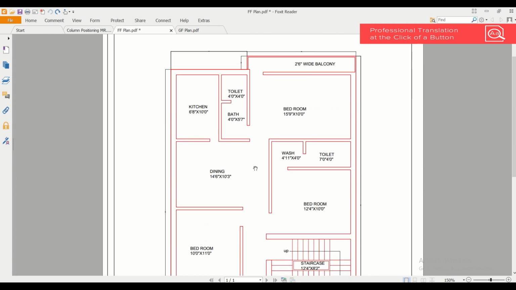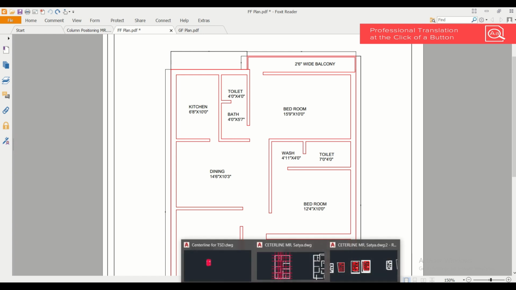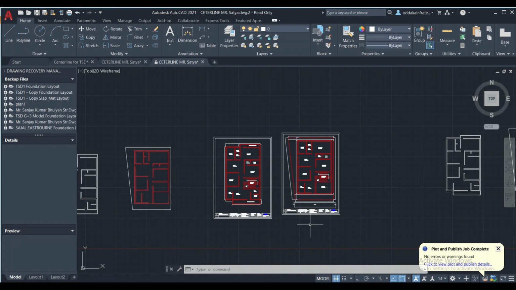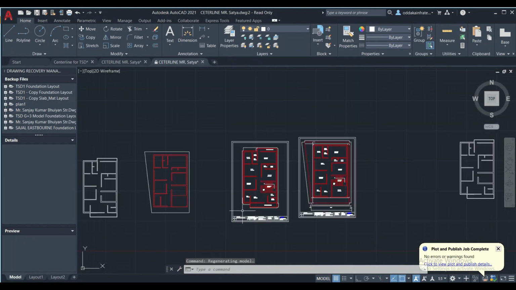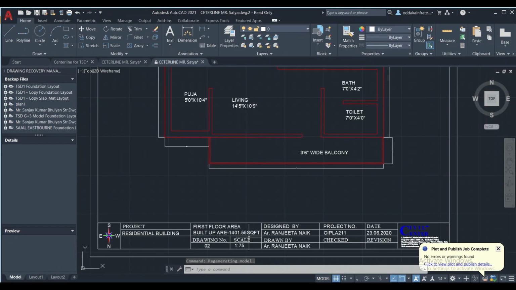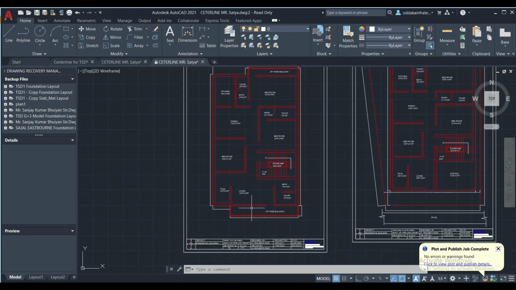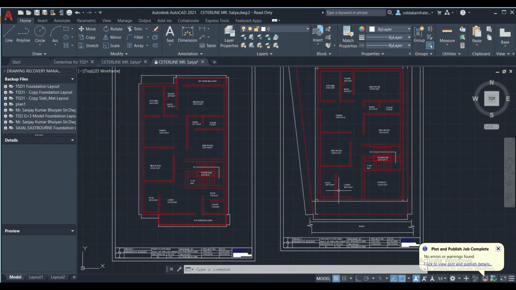In this video series, first we'll discuss how to place the columns and then we'll discuss how to make the beam column plan also. Basically, before starting the placing of any columns, you need to look at the ground floor plan or the first floor plan or the plans which are available. We have made the plans in AutoCAD, so we'll see that. Just view those plans. This is the plan of the first floor and this is the plan of the ground floor.